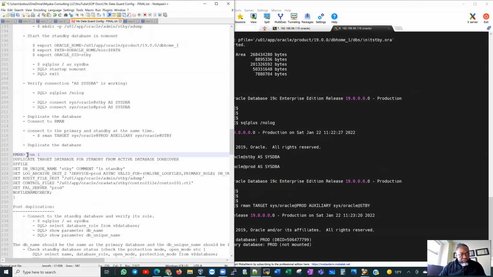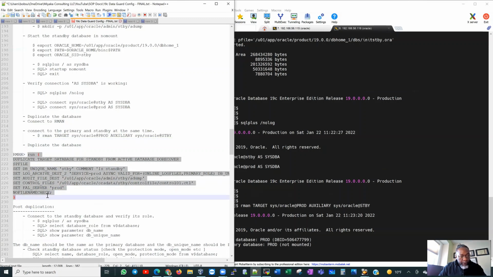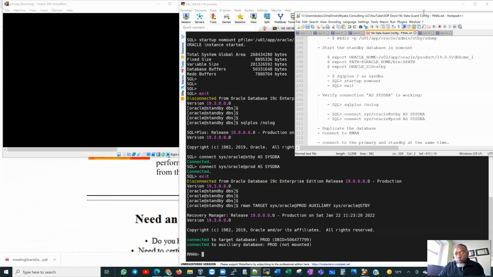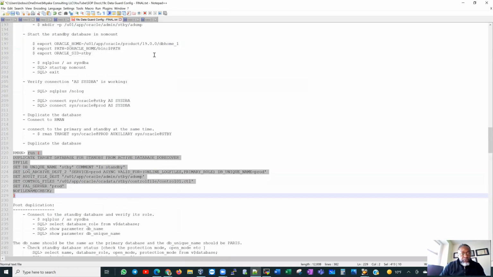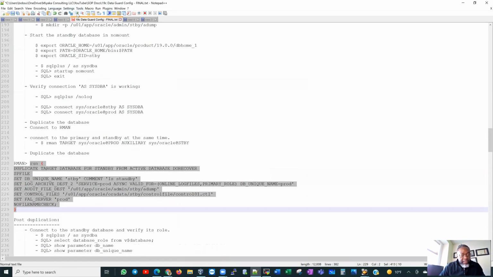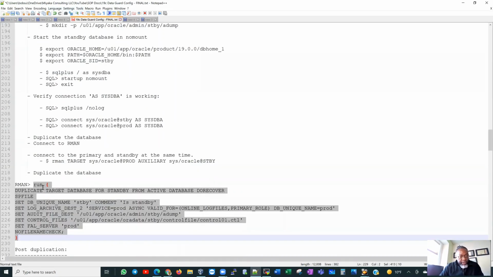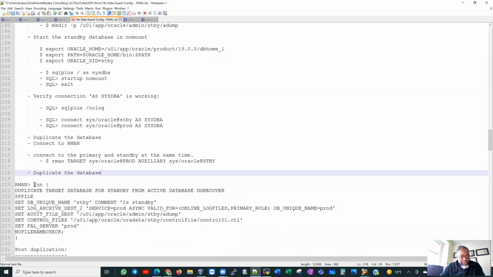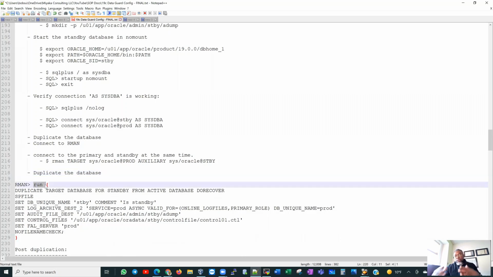All right. So I have a run block, and I want to just copy this and paste. And if you are looking at this and thinking I might be going a little too fast for you, you can pause the video. I can open this up. You can pause the video and take a look at the command. So I'm going rman target. I'm using a run block. Now, a run block is you have a multiple of commands within that block that you want rman to run